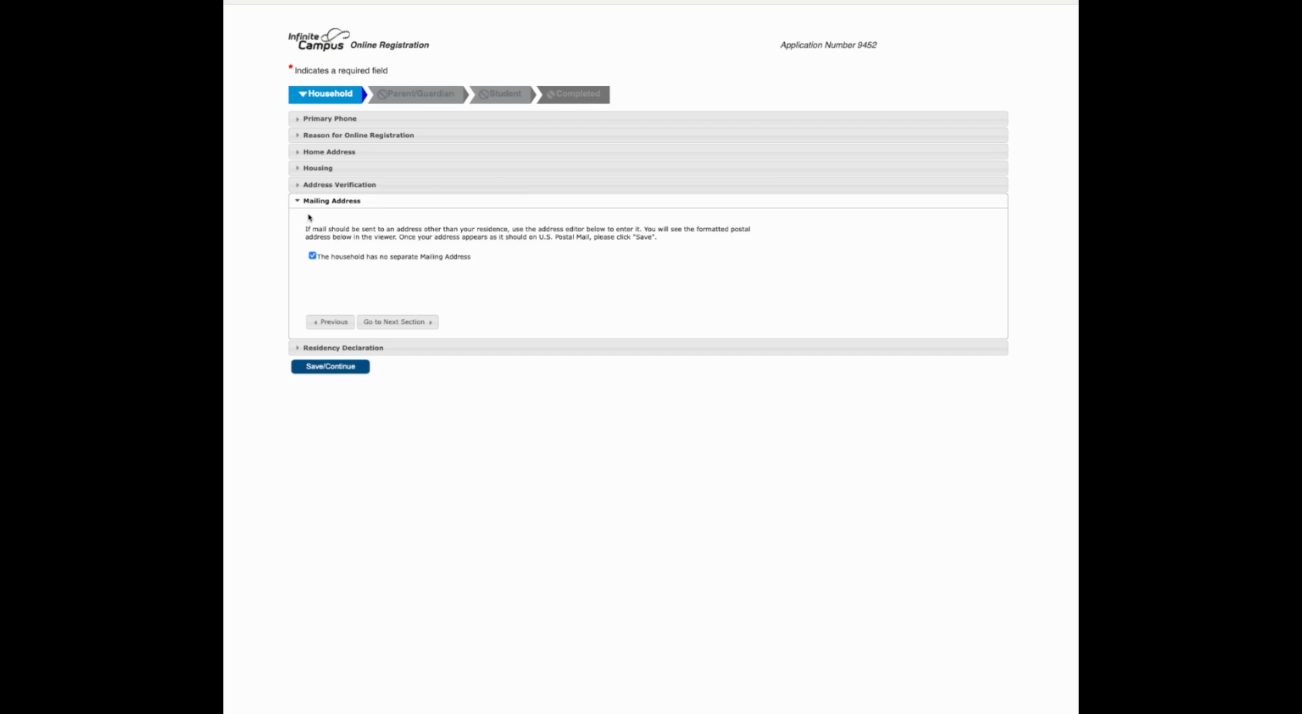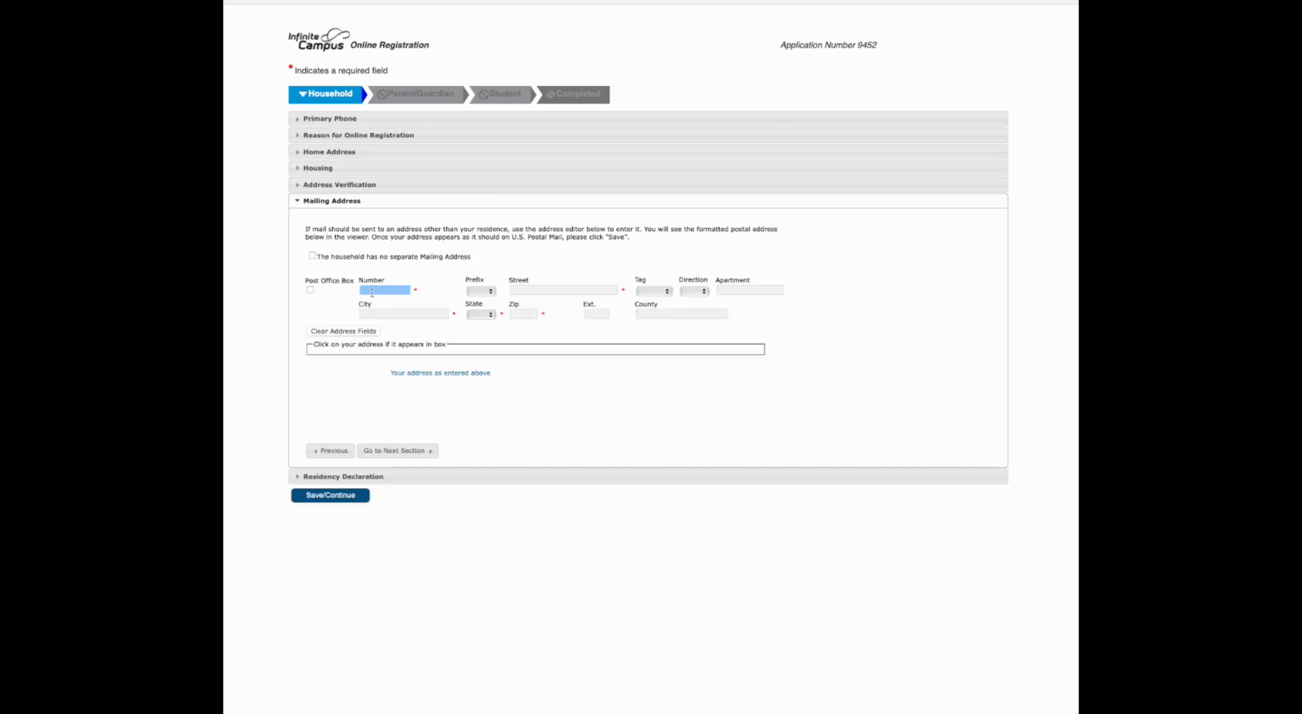This is where I may be able to enter a new mailing address. If you unselect this box, again, you get another address field where you can upload and update a mailing address. Again, this is just a mailing address and not your physical residency address. Clicking Go to Next Section has some residency declarations. Please review, check the corresponding box in front of each statement,